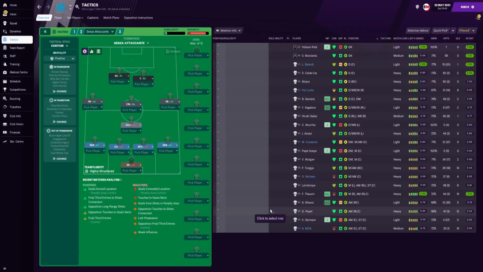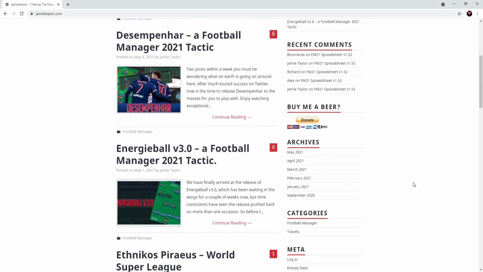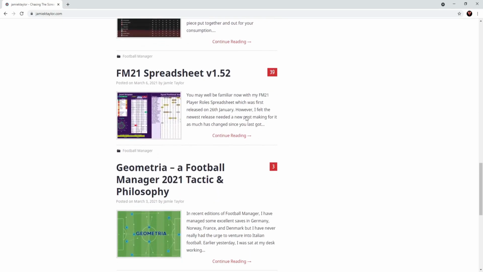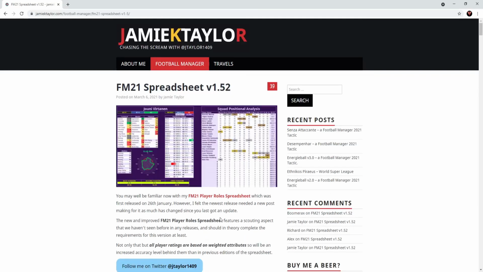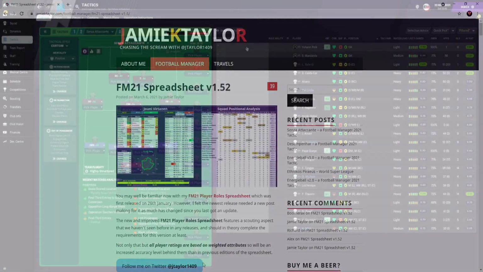So here we are in Football Manager with Senza Attaccante, created by Jamie Taylor. Don't forget, the link will be in the description below, and when you do click on the link to download the tactic, if you have any free time, just have a look around the website and check out the other cool stuff Jamie has done. So right now we're going to go through the team instructions, then the player roles and instructions before looking at